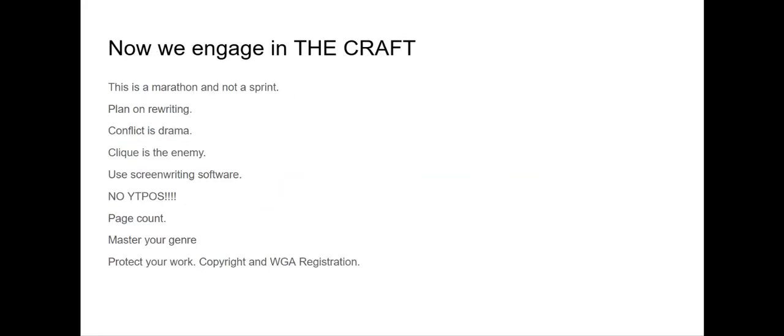Okay, now we engage in the craft of screenwriting. So, screenwriting was introduced to me at the American Film Institute, where I studied and I got my master's degree. And when you go to AFI, you're exposed, you're shown how to do the whole production process from all 5 phases. And then you have to choose which emphasis you want to sort of dive into. So screenwriting was my emphasis, and I felt like